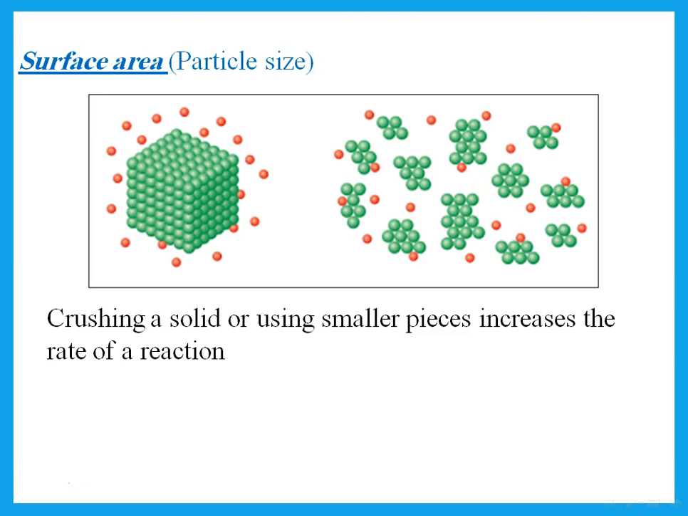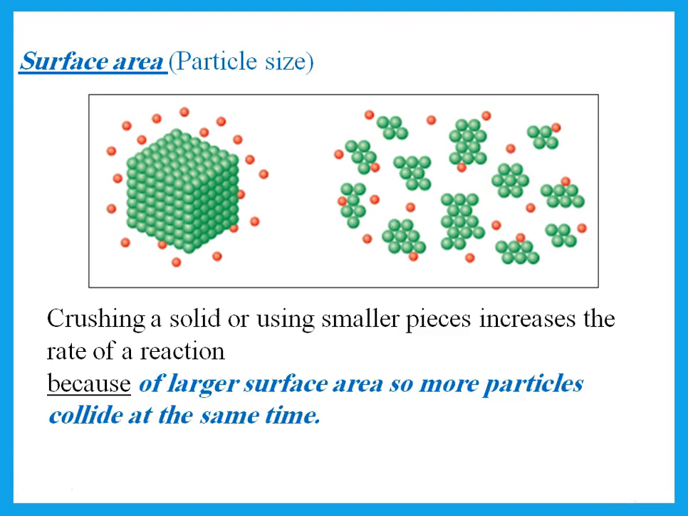Surface area, we said if we use lumps, big pieces, or if we use powder. Now, which one is faster? We said the powder is faster, or the smaller pieces is faster. So crushing a solid or using smaller pieces increases the rate. Why? Because the one that is powdered has larger surface area, so more particles collide at the same time or